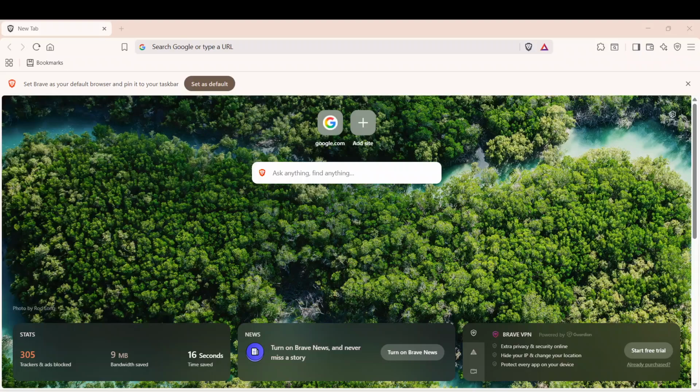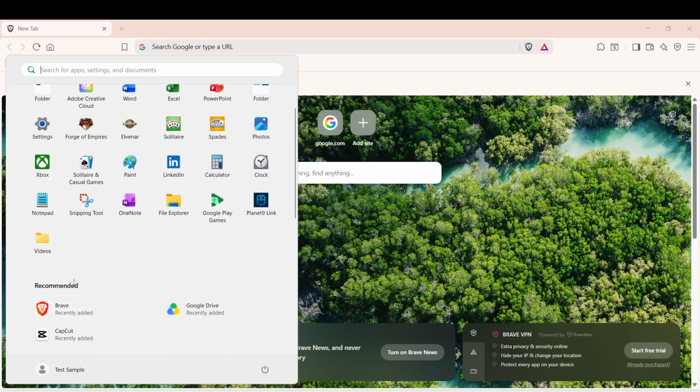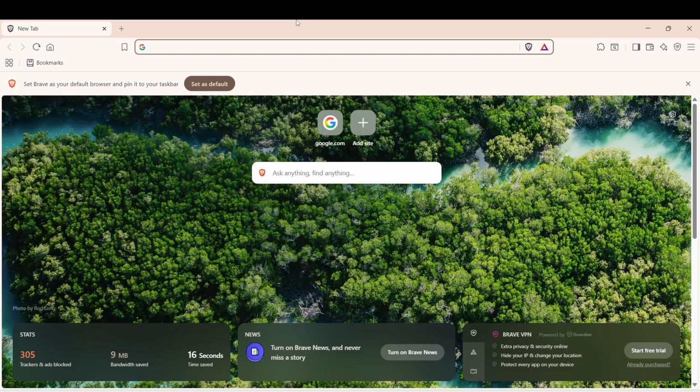In today's video, I'm going to teach you how to clear history in Brave browser. First, I want you to launch the Brave browser on your device. This is the first step towards ensuring your online privacy. Brave is designed to protect your data, and clearing your history regularly is a good practice to maintain that security.